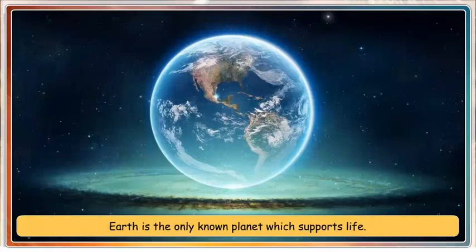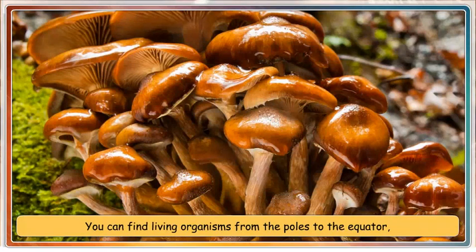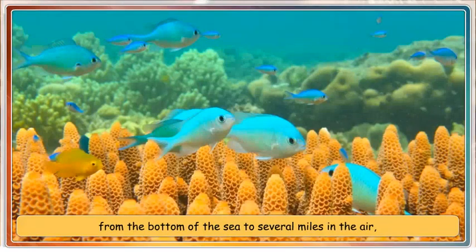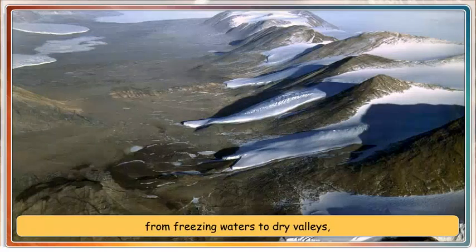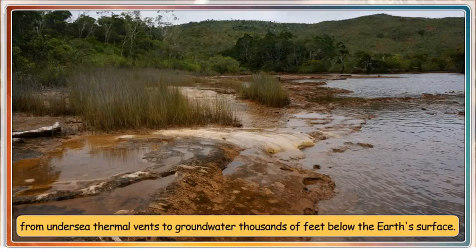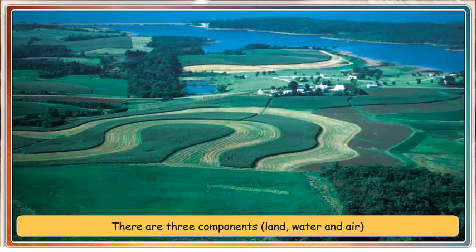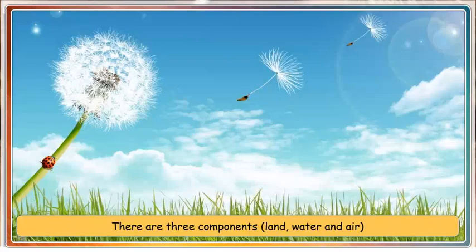Earth is the only known planet which supports life. You can find living organisms from the poles to the equator, from the bottom of the sea to several miles in the air, from freezing waters to dry valleys, from undersea thermal vents to underground thousands of feet below the Earth's surface. There are three components, that is, land, water and air, which support life for human beings on the